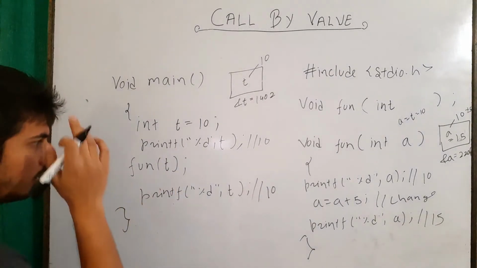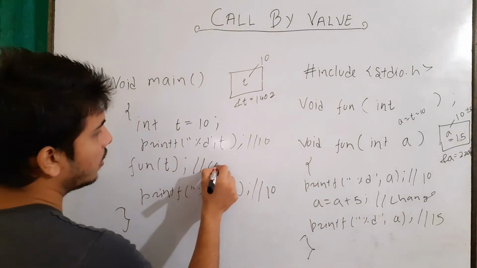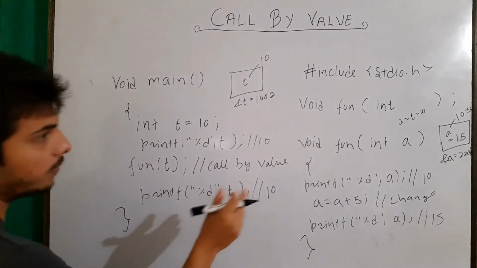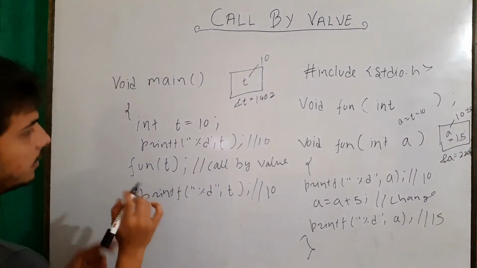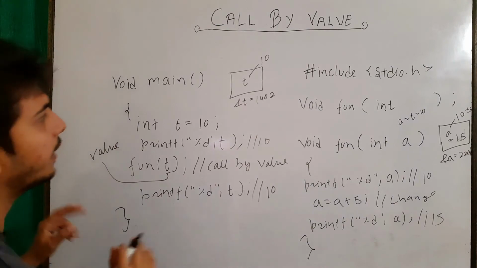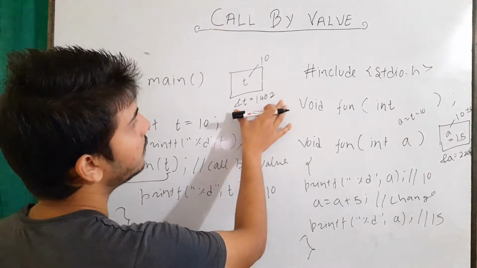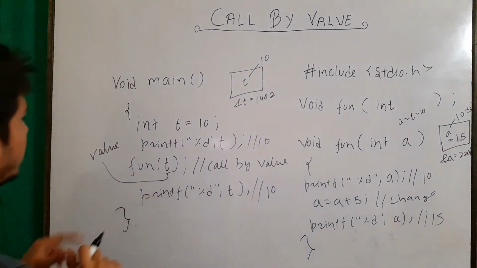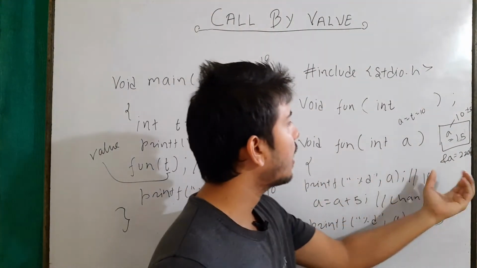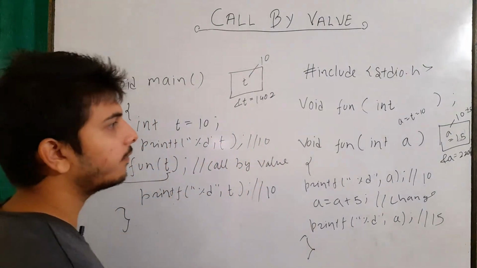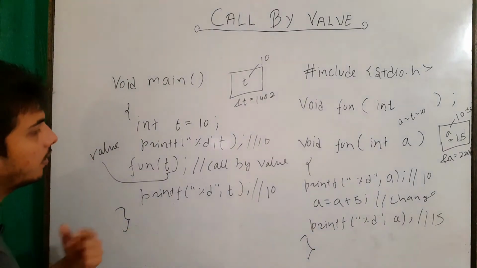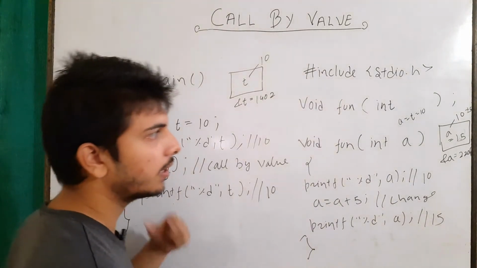Remember that whatever changes I am making in the parameters will not be shown back in our arguments. And this is known as call by value. The first point of call by value is this, and another thing is that it is call by value because here I am sending some value, not any address. In call by reference method we will see that I will be sending the address. So here we send the value, and when I send the value, the changes are not reflected back. In call by reference method, any changes made in the parameters will be shown in the argument. We will talk about call by reference in the next video.